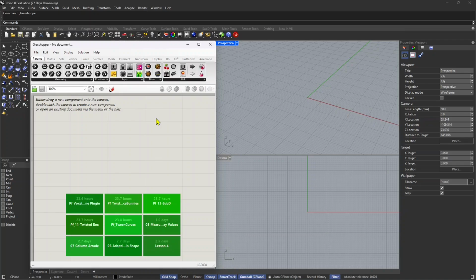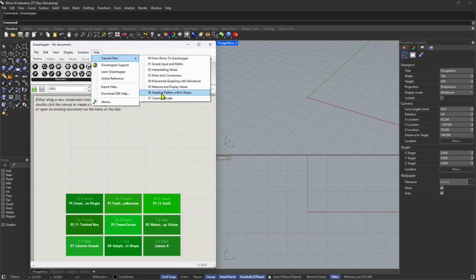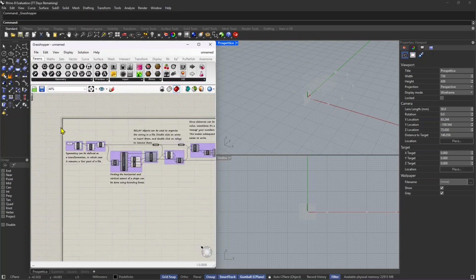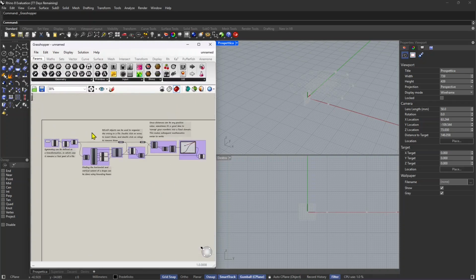In this video lesson, we're going to continue to explore Grasshopper in Rhino, and I'm continuing here to explore the various tutorial files. We arrived to the sixth, so it's going to be the sixth lesson. I'm going to use the sixth tutorial file, and we're going to start by exploring this, and then we're going to create something